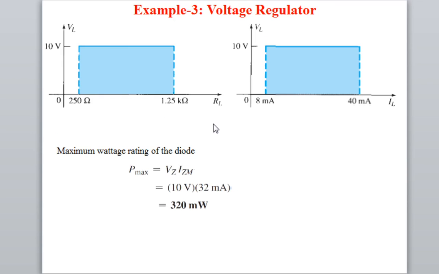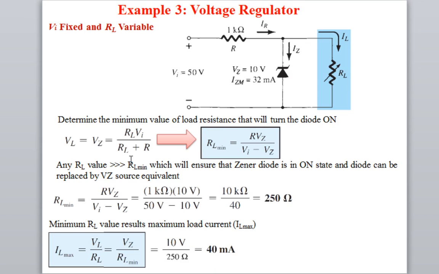That means 40 milliampere current is basically coming from the source, and this 40 milliampere current is dividing into two currents, IZ and IL. At maximum, IL can flow, obviously, if source current is 40 milliampere, so maximum IL can flow, that is 40 milliampere. That is why IL maximum is 40 milliampere. When IL maximum is 40 milliampere, at that time this current across the zener is not flowing.